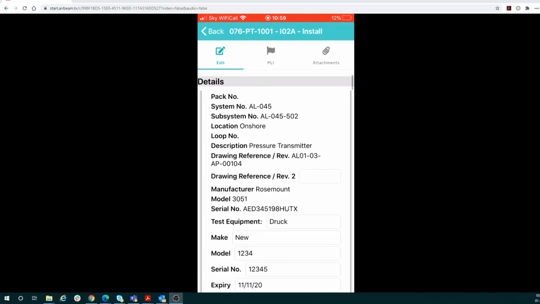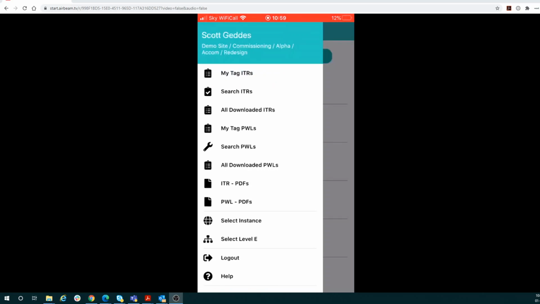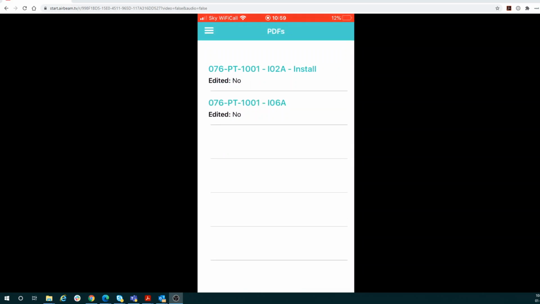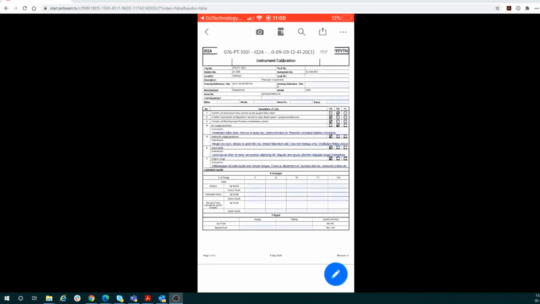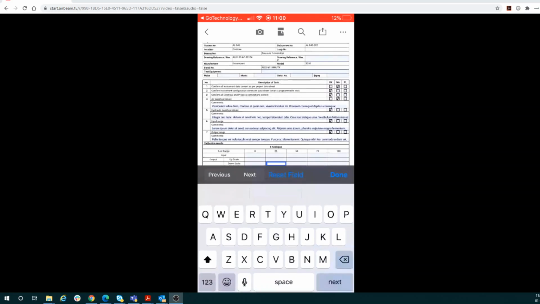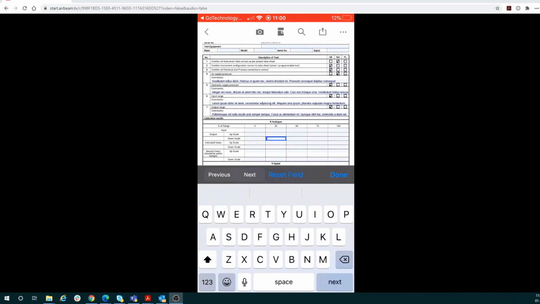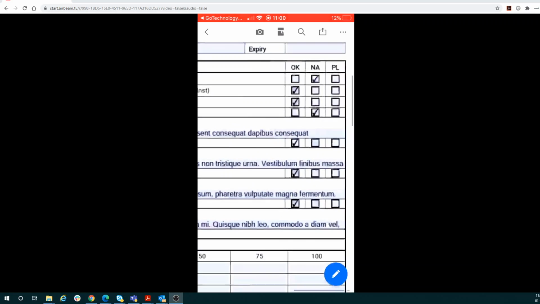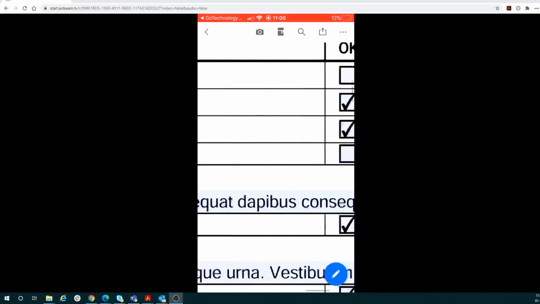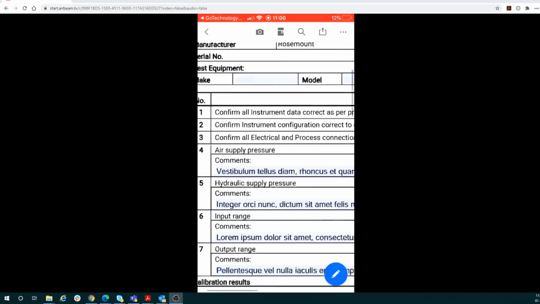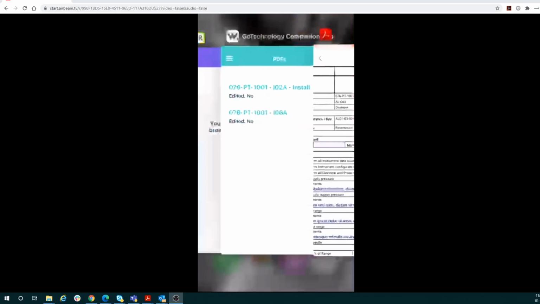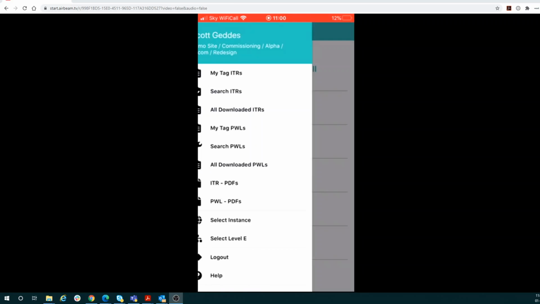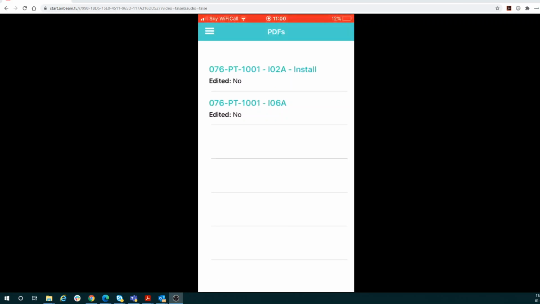as it is here. We can also download this into a smart PDF. So if I go into some of the ones I've downloaded before, here we go, straight in, put it into Adobe. I can make changes. These light blue text fields are available to type into, and I can also, you can see someone selected the OK, not applicable punch list items for specific tasks that you can do while completing this sheet. When you've done that, you can save it and it's ready for uploading back into the system,